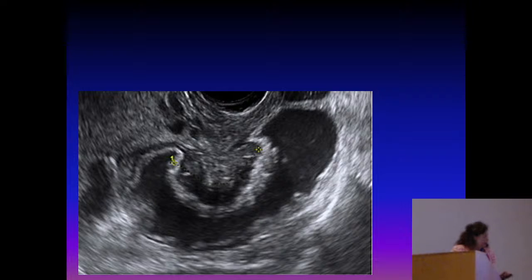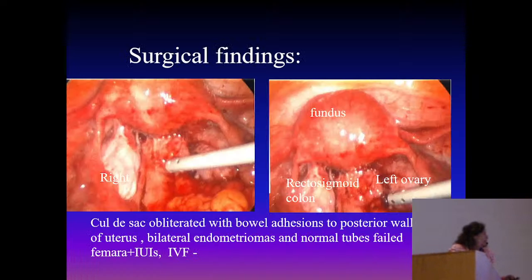So these were the findings on the patient. She had a cul-de-sac obliterated by adhesions, with bowel posterior, and her right ovary and left ovary both had endometriomas. Now the tubes were normal. The tubes are pretty spared. So this patient, even though we didn't have so much